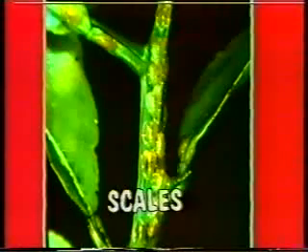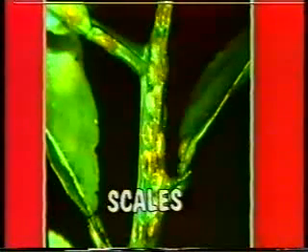Leaf miner can be found on orange leaves. The leaves become distorted due to the mining activity of the insect, which can seriously retard the growth of seedlings and young trees. Scales and other tiny insects suck juices from the leaves, twigs and fruits. Sooty mold, which covers the leaves and fruits, is an indirect effect of the tiny suckers.